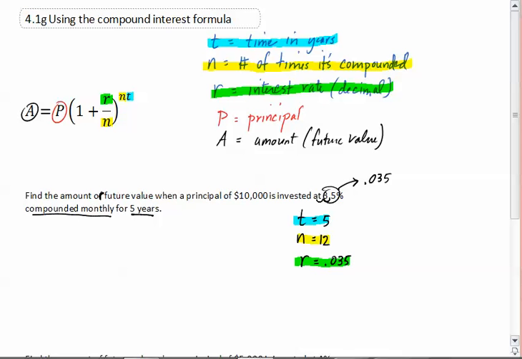And of course the principal, right? The principal is the 10,000. And then, of course, the amount is, I don't know, right? They want to know the amount. Find the amount or the future value. So here we go. A equals